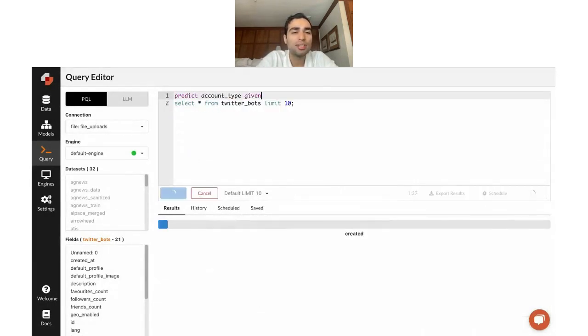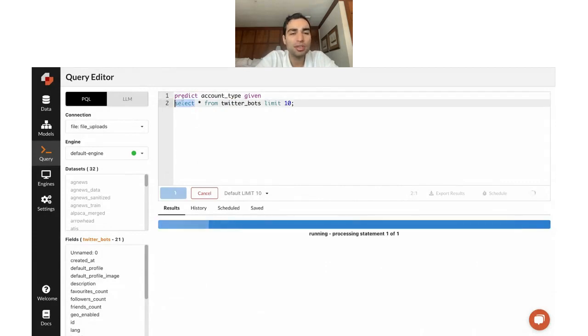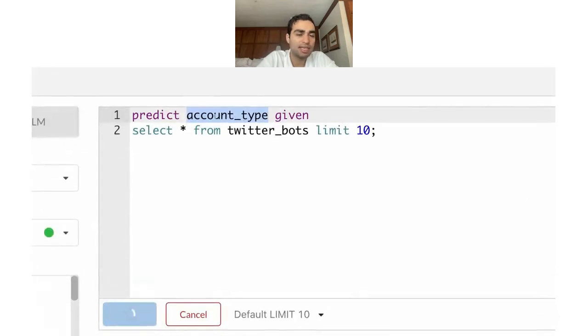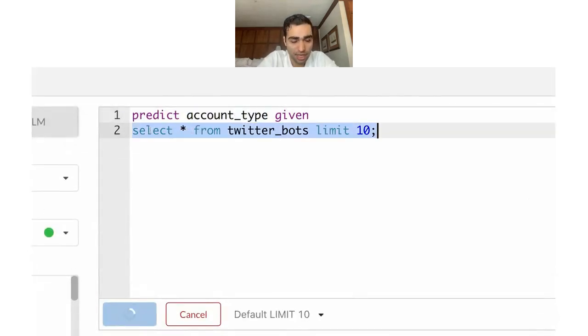And so here what I'm going to say is, instead of select 10 users from the TwitterBots dataset, predict the column that I'm interested in. In this case, I'm interested in predicting the account type given these 10 users. And when this query executes, what you're essentially going to see is that we're going to add a new column to the table. And that column is going to be called account type predictions, with the predictions coming directly from